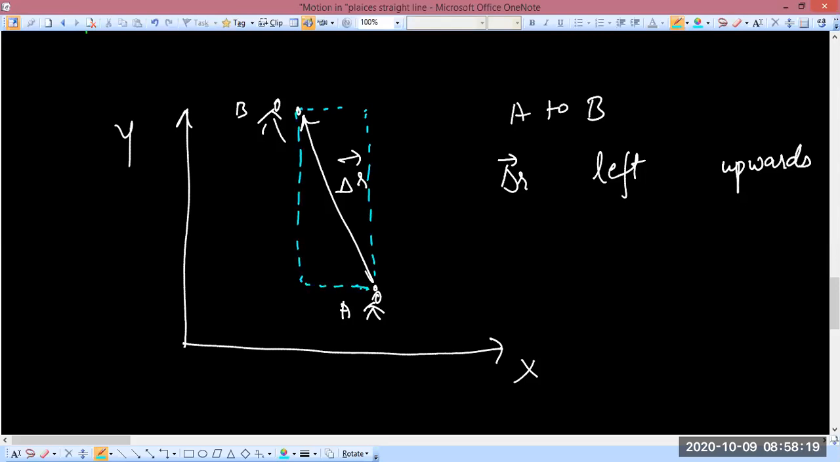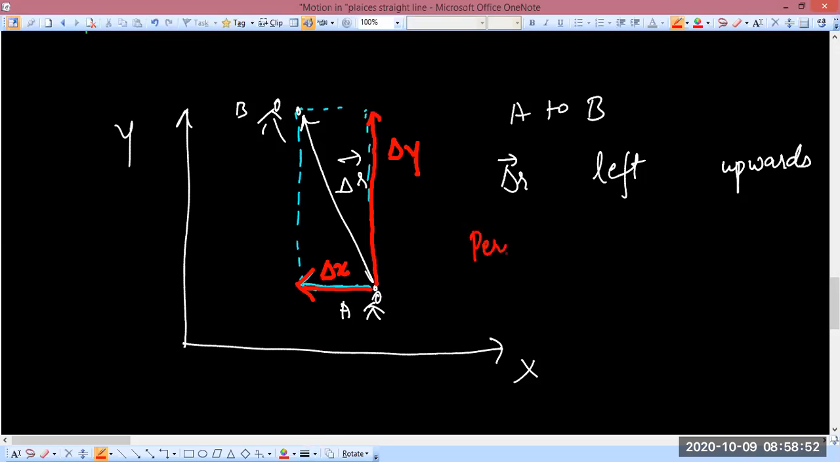Do you understand that this is the x component here? Let me use another color, it would be easier to see. So let's say this is delta x, agreed? Because that is in the x direction, or on the x axis, or parallel to the x axis. Clear? And this one is delta y. So what I'm saying is you can consider that